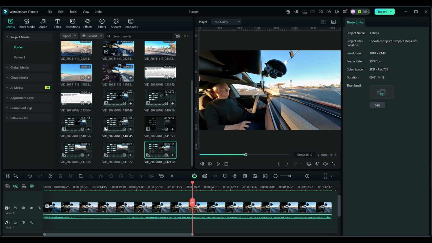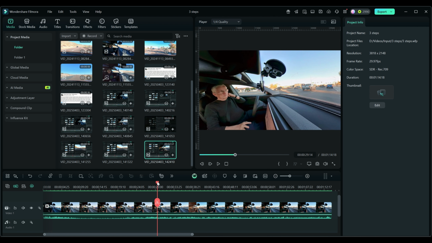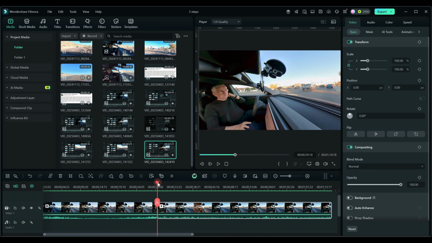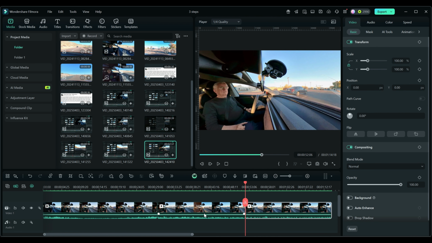I'm not going to get into a full demonstration of the Instant Cutter tool, but I will leave a link in the description to this video where you can see how to use it. The point of the Instant Cutter tool is to trim out anything that you're not going to use in the video anyway. For example, if you put something down on the timeline right here and you say, well, I'm not going to use this portion of it right here,